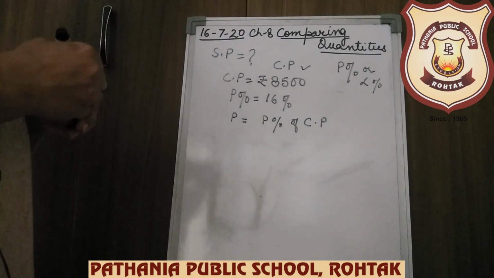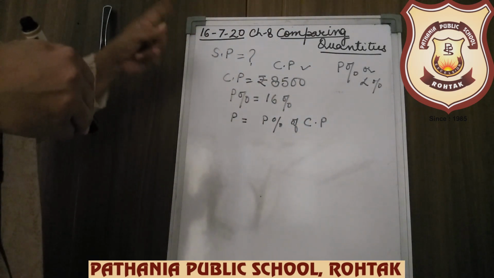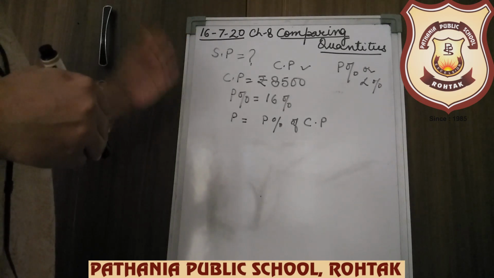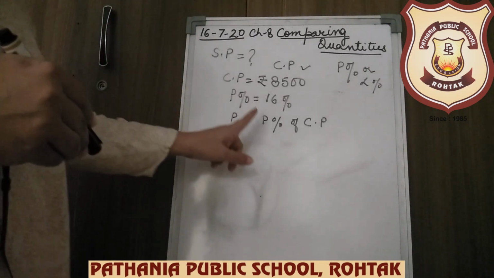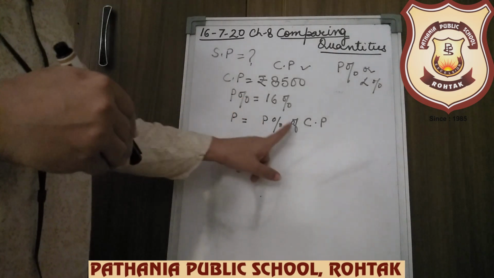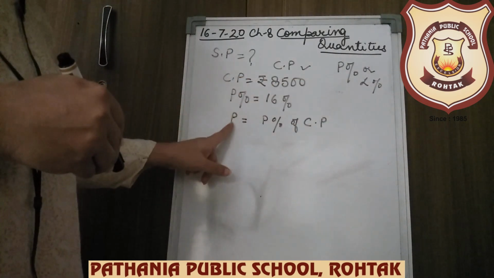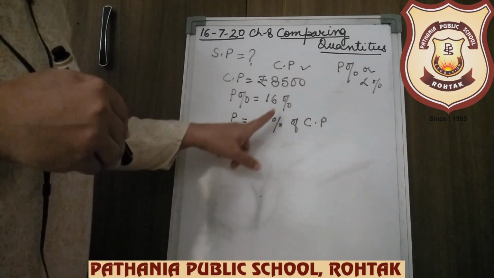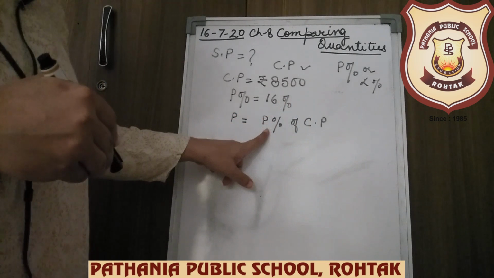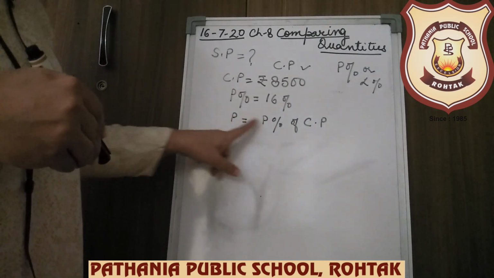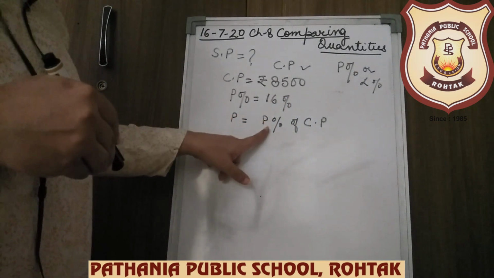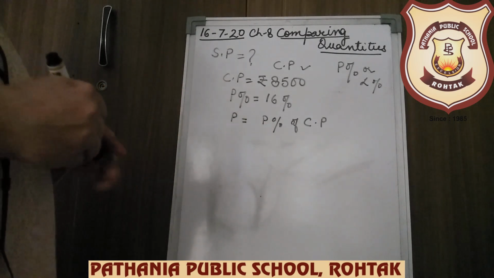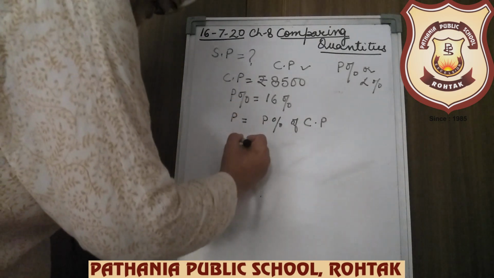I am making things easier for you. Relate it with the equation for percentage. There we were saying X percent of total is something. So here your total is CP and the percentage profit is given, so you will get the profit. If the loss percent is given, you will get the loss. Is this step clear? So from here you will get the profit.